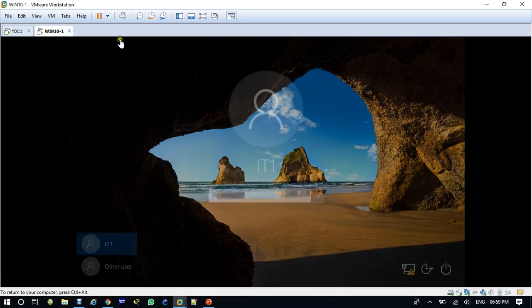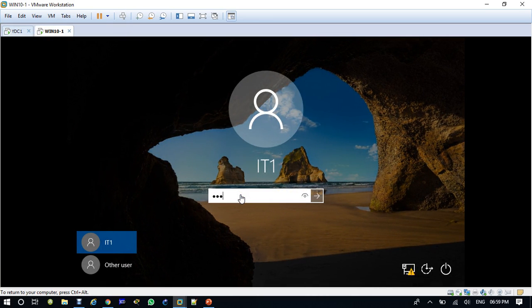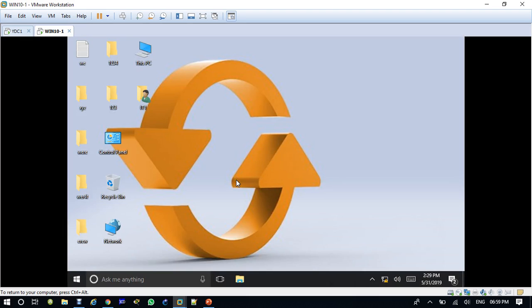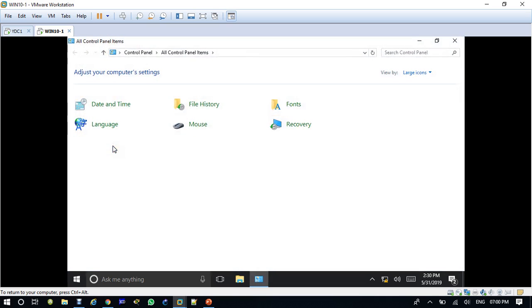And then when the group policy has been updated, you come here to IT1, log in with IT1, because this policy we have applied on the IT department, so you can log in with any user of the IT department. So now you logged in here, open the control panel, see, so you have only those items which you have allowed him to access. Okay, so there are more policies. These are a brief idea how to configure it. So this is done with the control panel items policies.